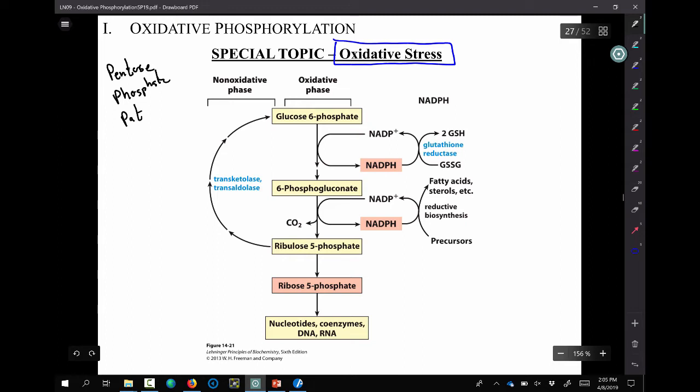It is a classic example of what would be considered a carbohydrate metabolic pathway. Oftentimes it's just commonly referred to as PPP, the pentose phosphate pathway. Pentose meaning five carbon sugars in particular. I didn't cover this in carbohydrate metabolism. I held off to cover it because of its connection with oxidative stress, though it has multiple functions, this pathway.